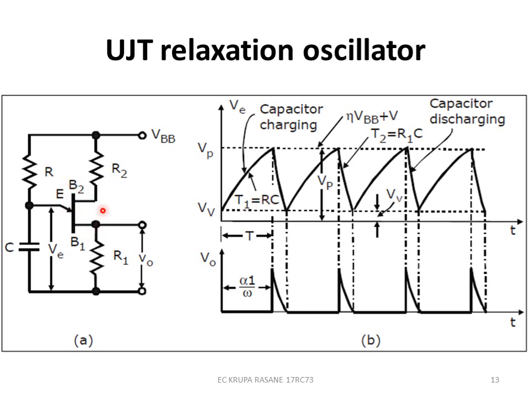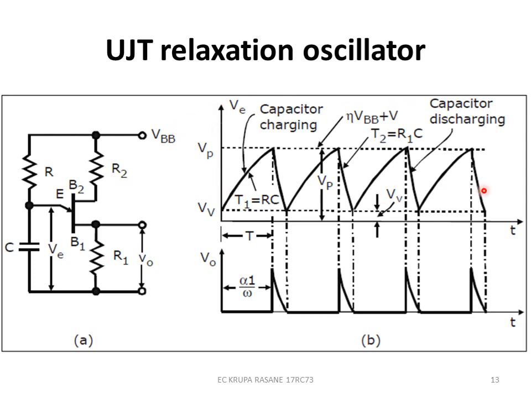So we have the UJT here, and at B2 I am connecting this external resistance R2, and at B1, R1 is connected. These are the R and C connected at the emitter, and this VBB acts as a common voltage, and it is going to charge and discharge this particular capacitor when the UJT turns on. Because of this VBB, a certain voltage, eta times VBB, that is V peak, will be developed at point A, and this is basically the voltage that is drawn for the relaxation oscillator.